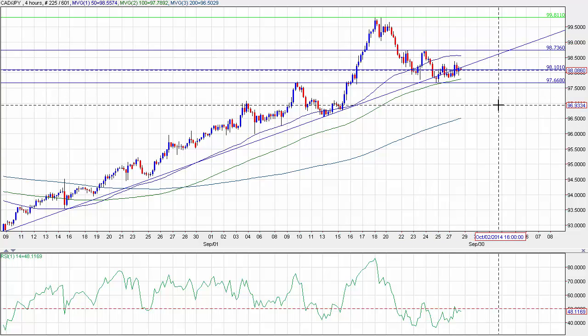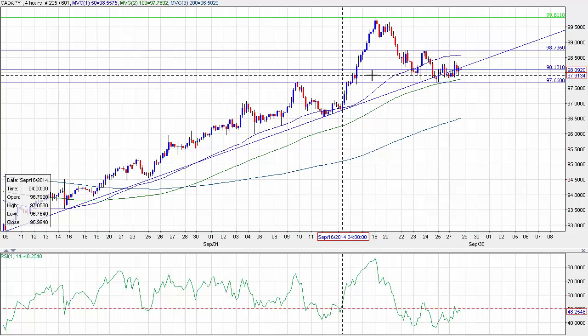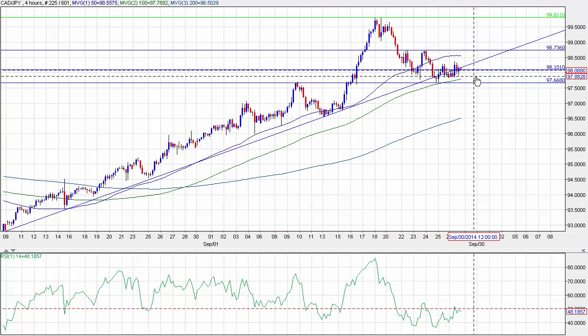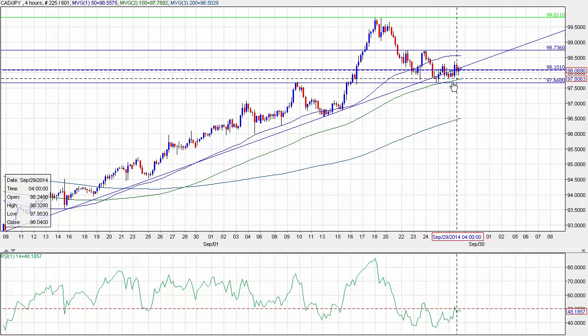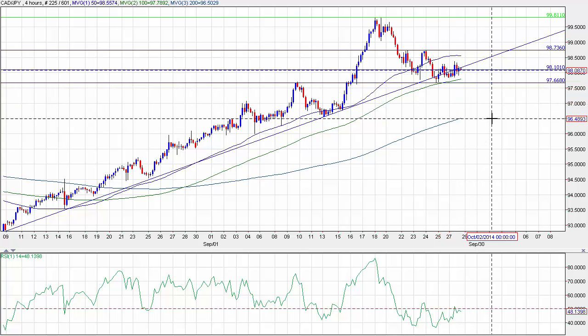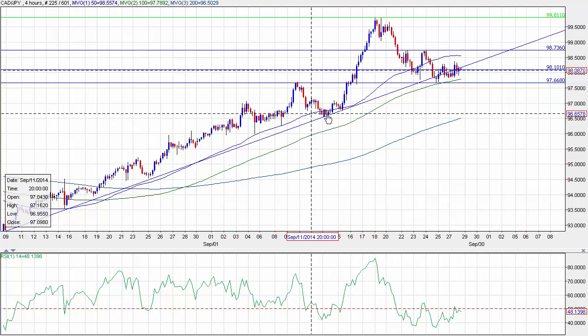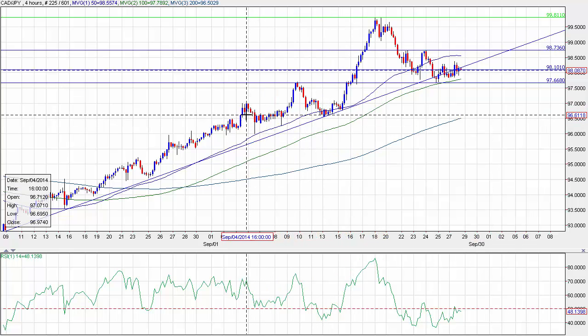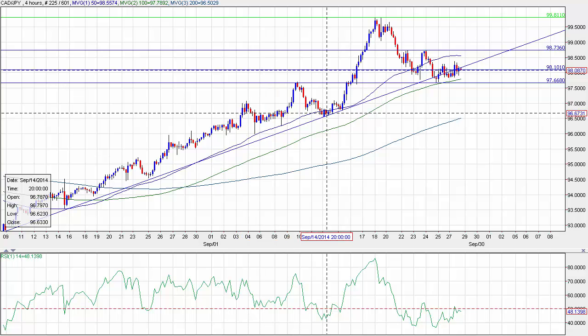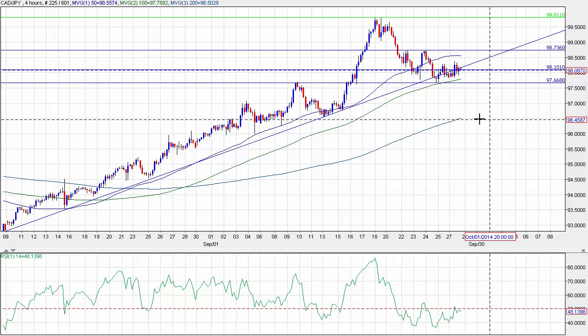Now, a break below 97.65 after the GDP data would push below a recent support resistance pivot below the 100 period simple moving average, and it would open up the 96.50 level, which is another support resistance pivot here, and it is also where the 200 period simple moving average in the 4 hour chart